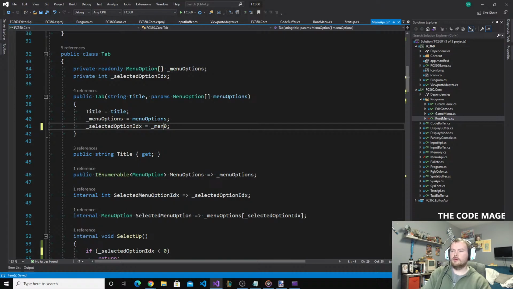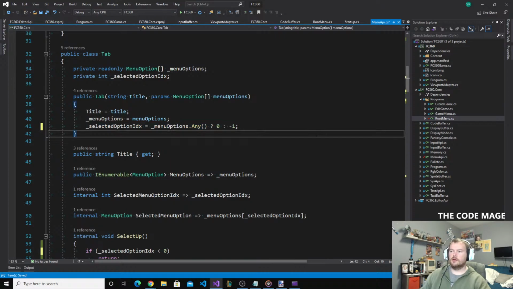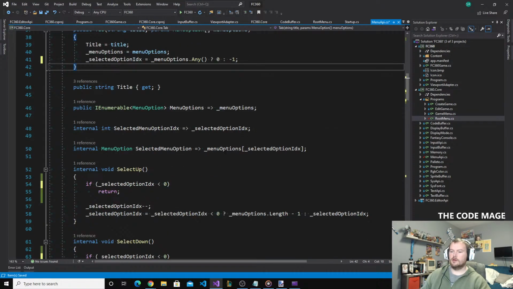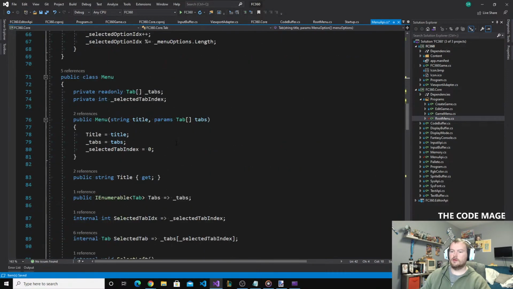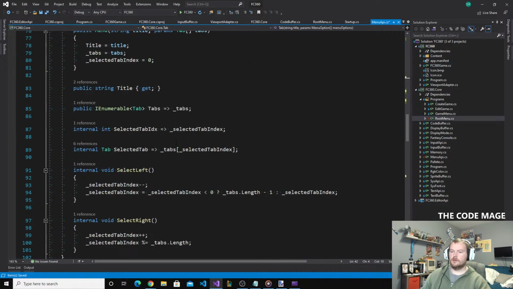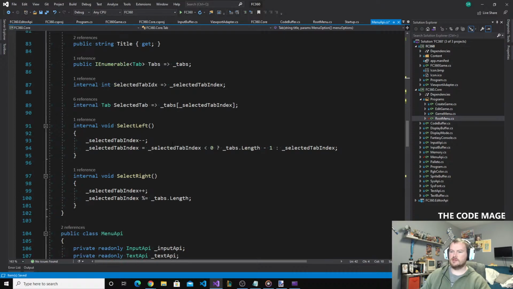So it menu, go with the positive case. So if there are, it will be good. There will always be tabs, though, or there should always be tabs. That's not enforced right now, but